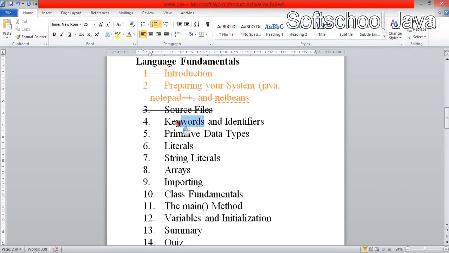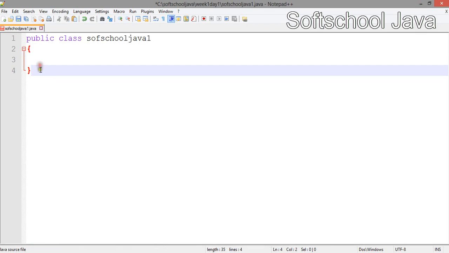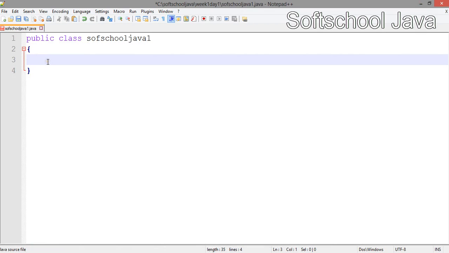Now, what are identifiers? Identifiers are simply variables. Identifiers are variables in Java. So if I do something like name, name becomes an identifier. If I say name is equal to Damilola, this is acceptable. This is a statement